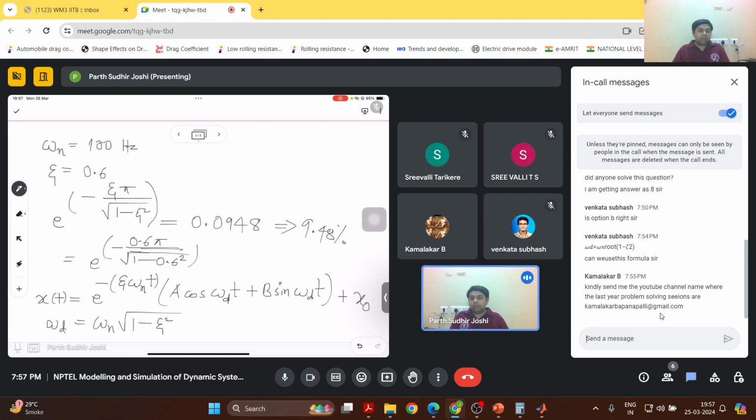From that we will get the value of the coefficients a and b. So if we use the initial conditions, x of 0 is 0,